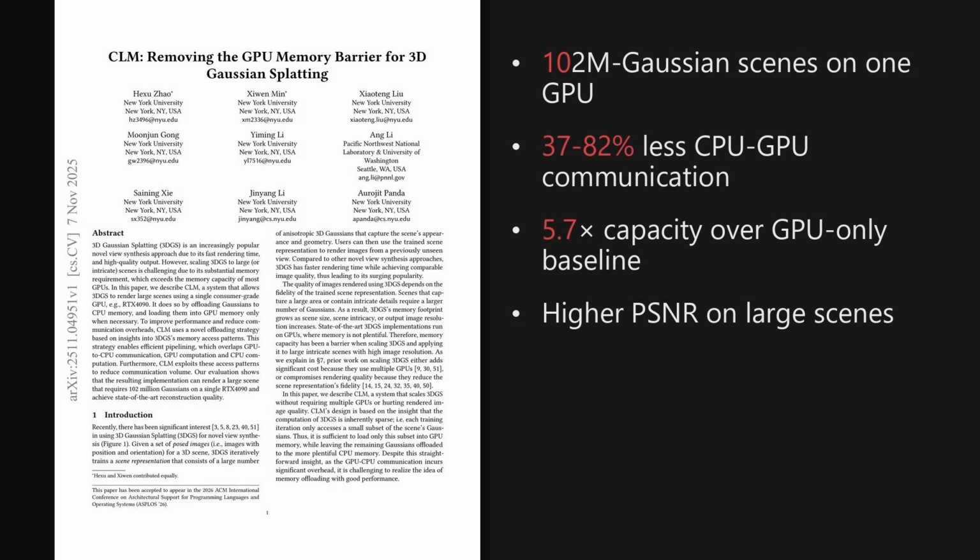Wrapping up, 2 takeaways stand out. First, clever offloading and pipeline scheduling let a single consumer graphics card handle scenes with on the order of 100 million Gaussians without sacrificing quality. Second, communication drops sharply thanks to caching and view ordering. The broader implication is democratized city-scale view synthesis on affordable